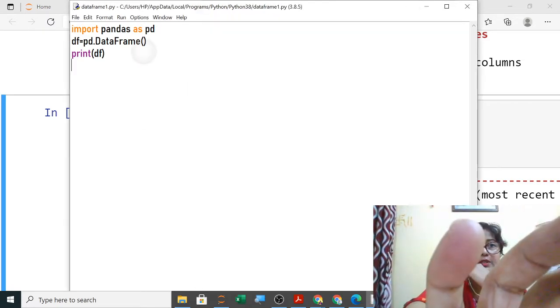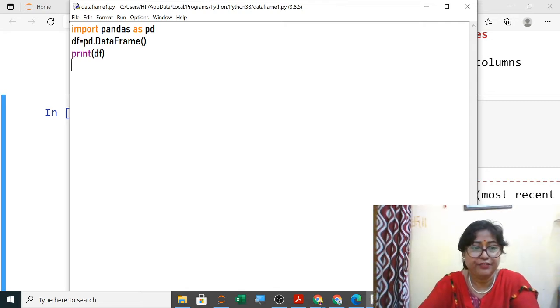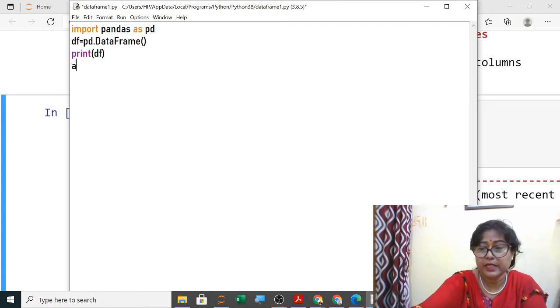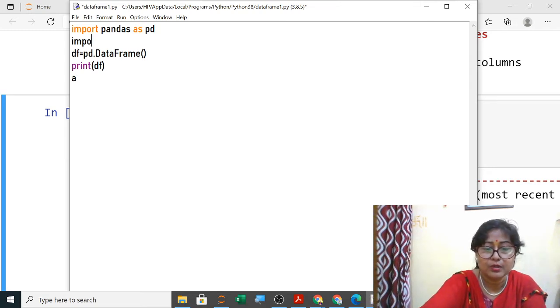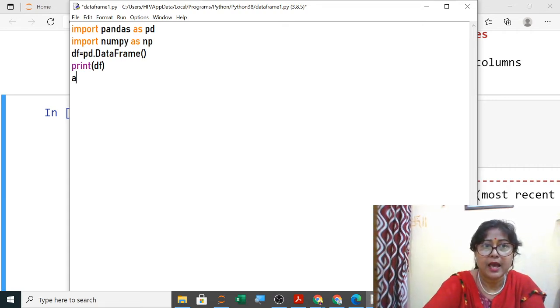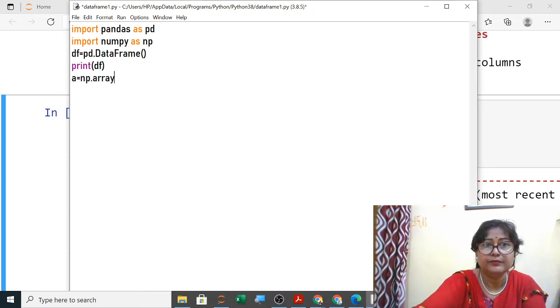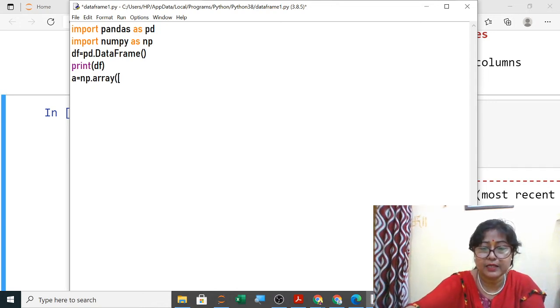Now the next will be to create a data frame using an array. So any array I am creating, array will be equal to, now for the array I will require import numpy as np, and array will be equal to np.array. Now you mention the array here in square brackets.